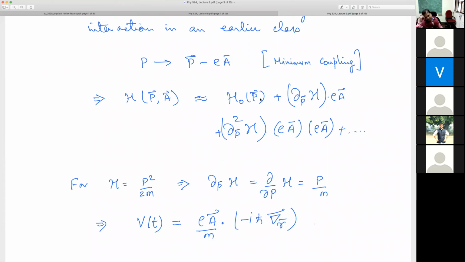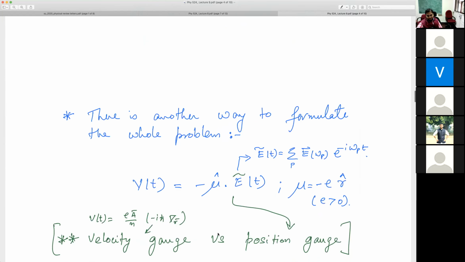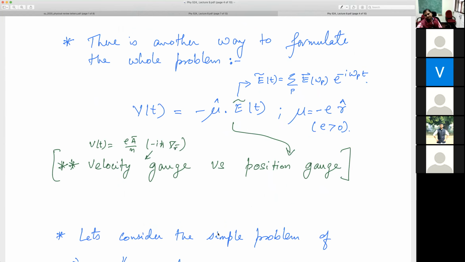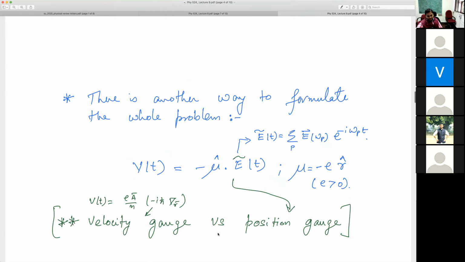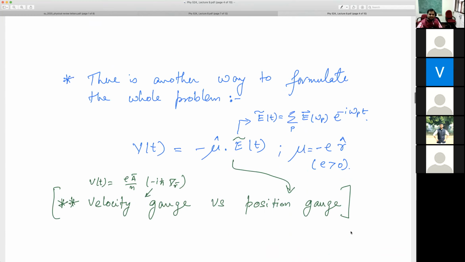Okay, just a minute. Yeah, that's a mistake. I'm doing a Taylor expansion around A equal to 0, so I should have a minus eA. Here also I should have a minus eA, and a minus eA in the bracket. Here also minus eA. So you are right. Any other correction or a comment, question? Okay, so this idea of velocity gauge and position gauge is clear, I hope.